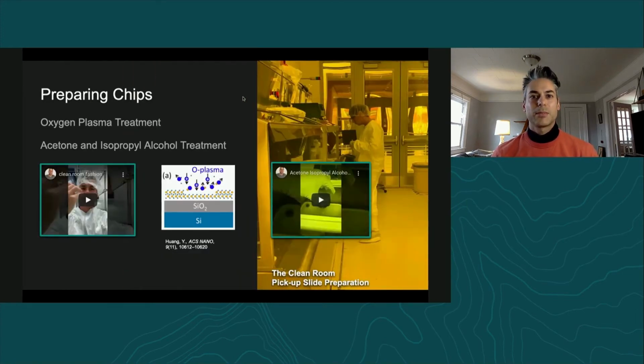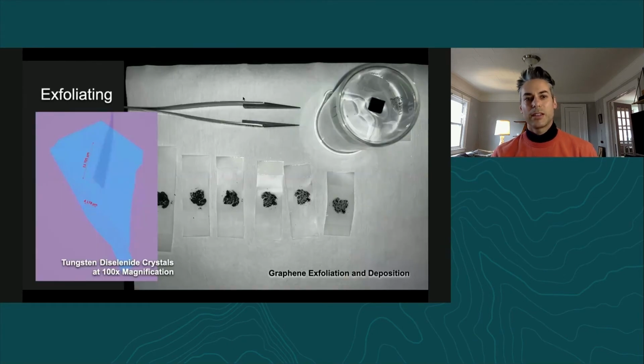I'm just going to skip through some of these slides. I think this is kind of the coolest piece here. So on the left picture here, you see underneath the microscope, and you can see that the transparency of the material is dependent on the thickness of the layers. You can apply a certain color set or set of color values to it and confirm that with an atomic force microscope.